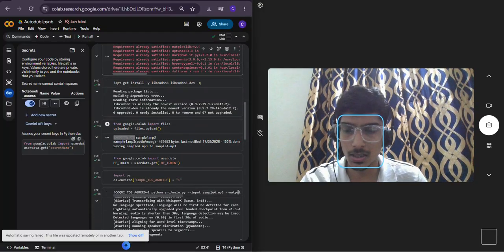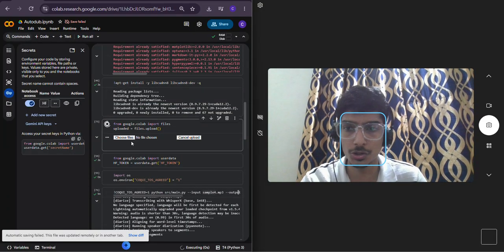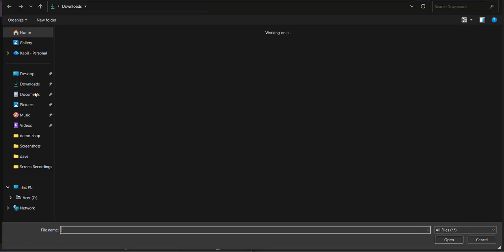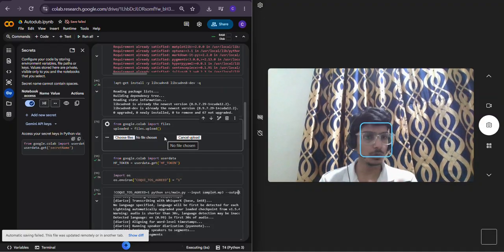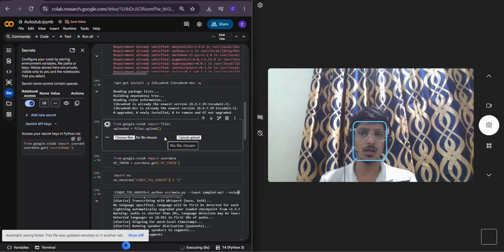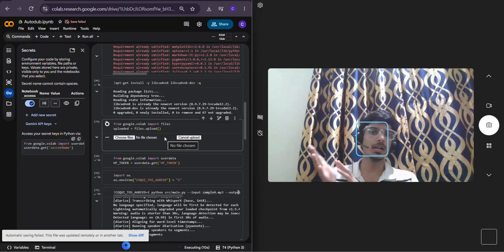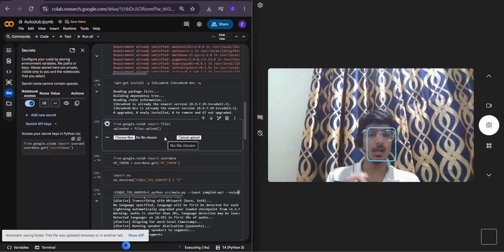Here is the method to upload the audio. I can just choose the file and upload the audio of that project. Once I upload the audio of my video, it first runs a speech to text model, with smart intelligence on who is the speaker, how long they spoke, when they started, and when they stopped.